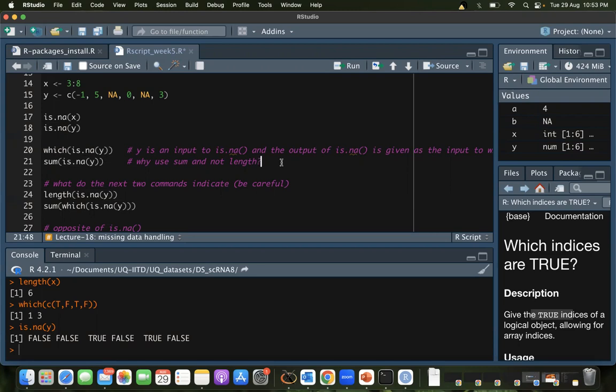So that's true, that's 1. So 0 is like false and 1 is like true. Now imagine you are summing up 0 plus 0 plus 1 plus 0 plus 1 plus 0. That's why it's giving you 2. That's why you are summing this up.